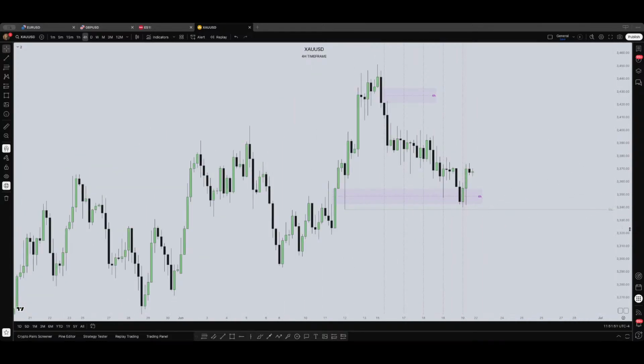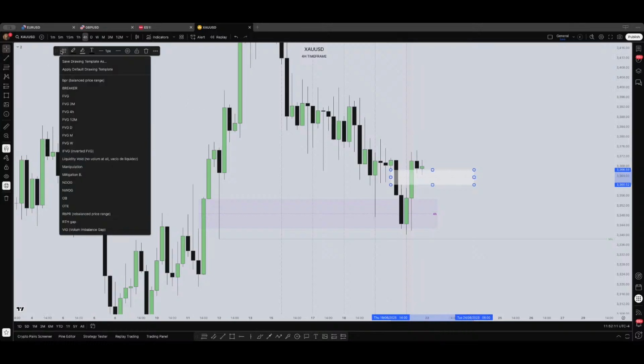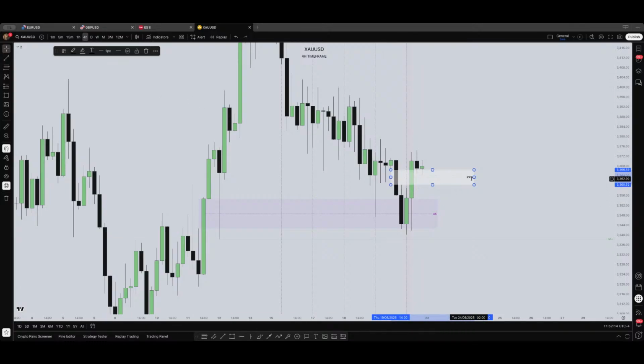We also have this inversion fair value gap here. This is the 4-hour chart. We have this fair value gap which became, after price smashed it and didn't respect it, with all this displacement and momentum and body closing above, an inversion fair value gap on the 4-hour. So what do you expect here? You expect price acting here as a support to continue higher. We have a lot of liquidity here.